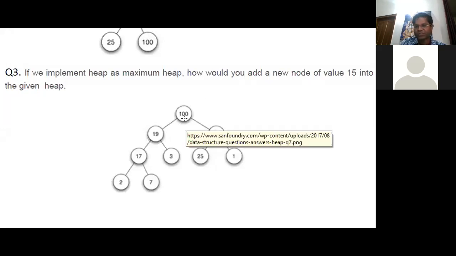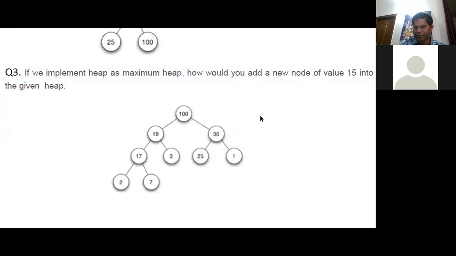Where will this element go? It will go to the left side of the heap, since the heap satisfies the property of a complete binary tree. So it will go to the left of node 3. After placing 15 to the left of node 3, you have to also check the property of max heap at each node till the max heap condition is satisfied at all the nodes.